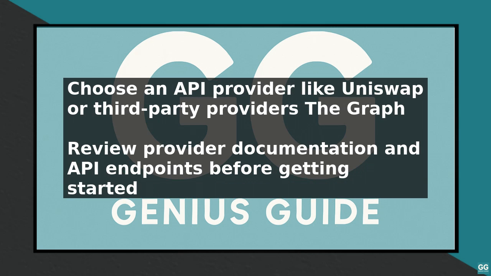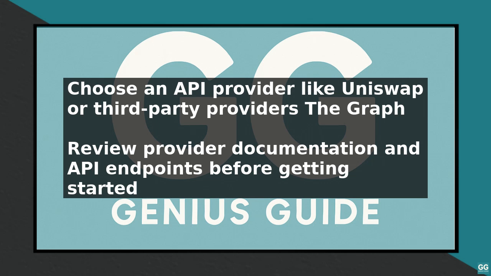Uniswap provides a wide range of data, including token prices, liquidity pool data, and transaction history. You can use the API to fetch data on a specific token, a liquidity pool, or even the entire Uniswap protocol. To make a query, you will need to construct an API request using the provider's API endpoint and your